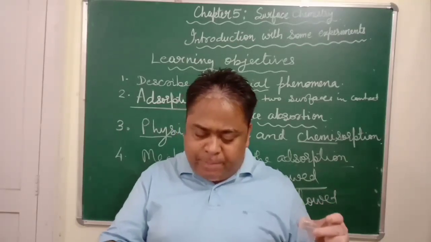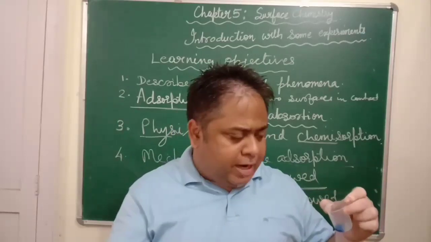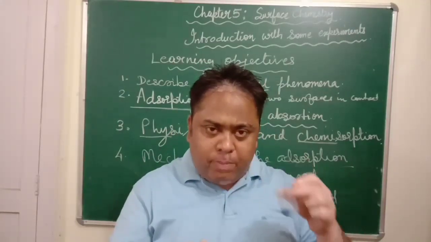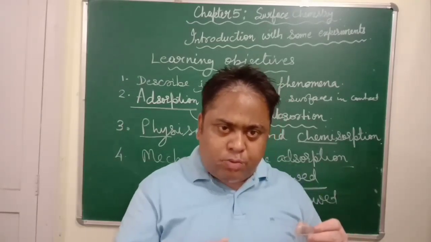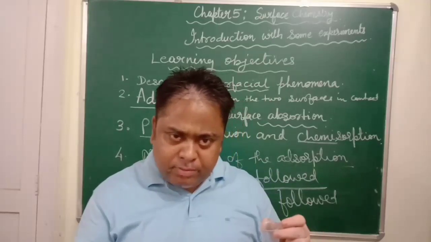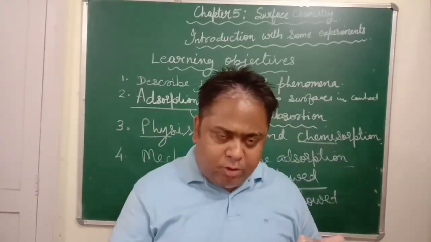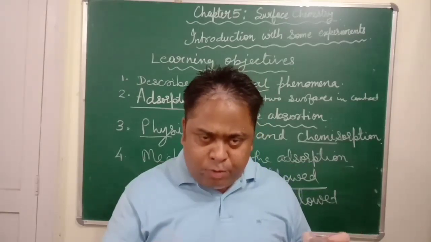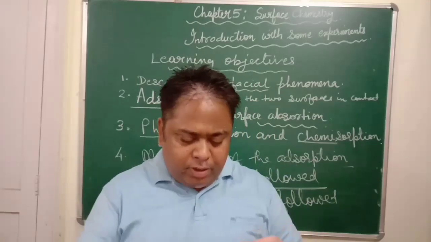Now, what has happened? The adsorbate walked through or ran through the adsorbent, and after that a bond was formed between the surface of the adsorbent and the adsorbate. This bond could be van der Waals force of attraction. This bond could be due to adhesive forces. So whatever the force of attraction could be, due to that